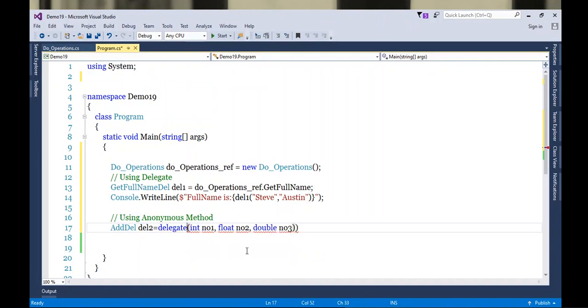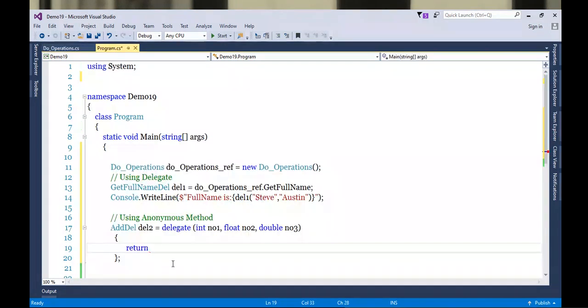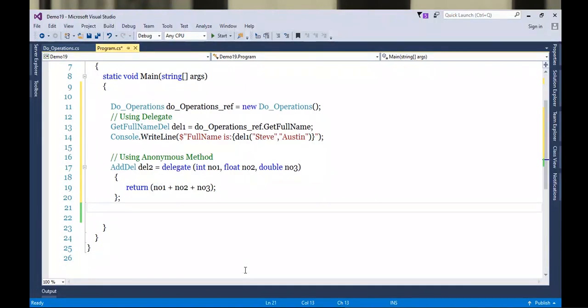And then we'll start defining this method. So what will we write? Return. That's it. Okay.